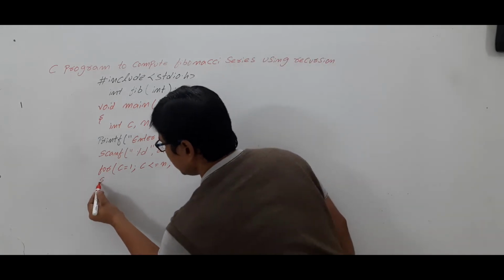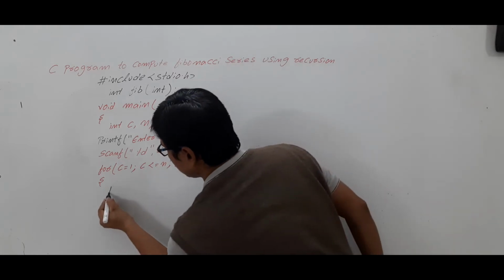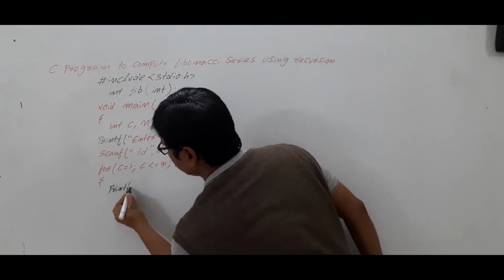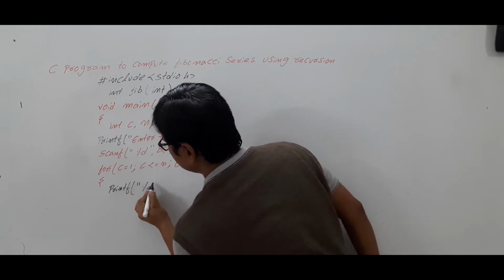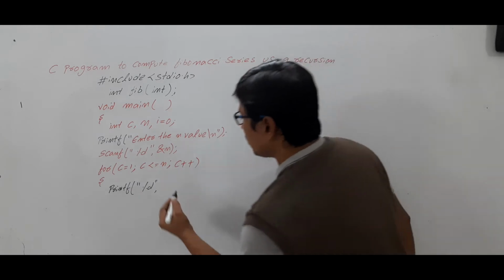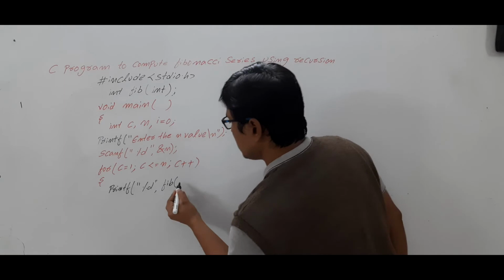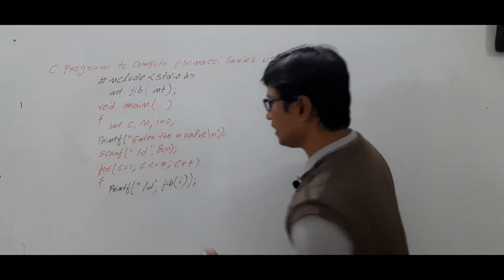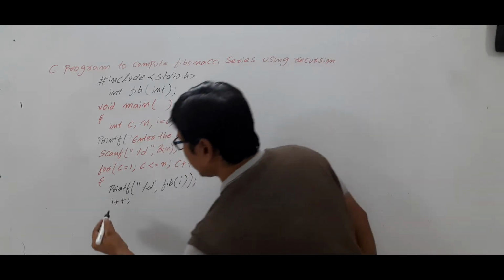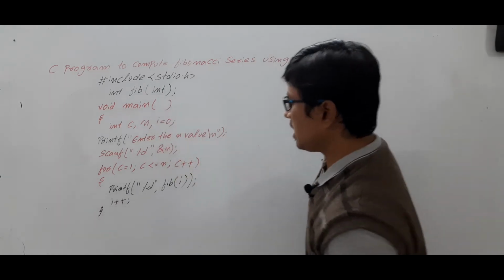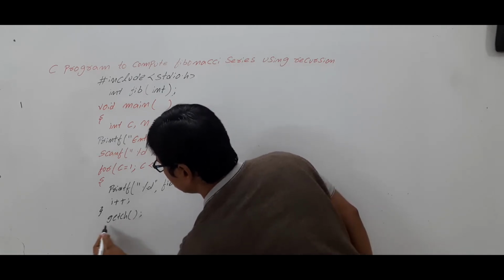Okay. What I need to do? I need to display the value, printf, okay, %d. Now I need to call this function fib of I, okay, and then I will increment the I value, so it will be I plus plus. Okay, I'm closing the for loop, and then I'm closing the main function also, getch, and closing the main